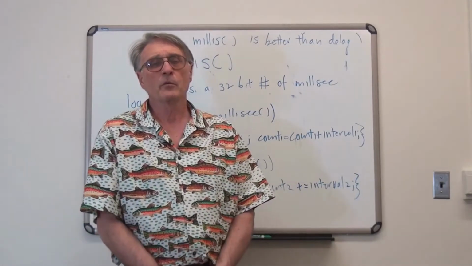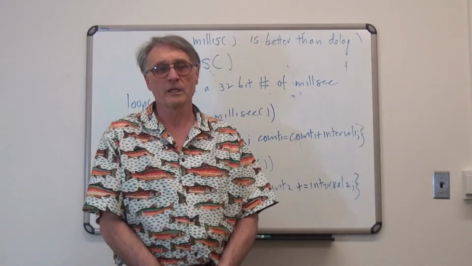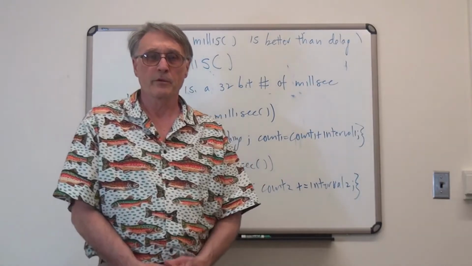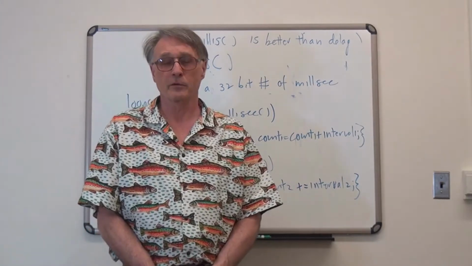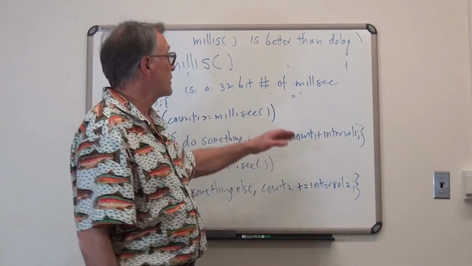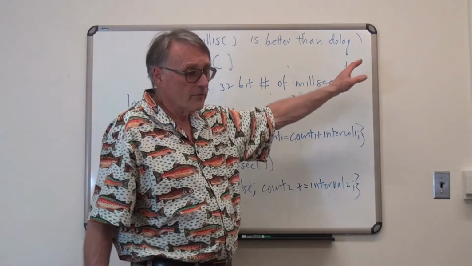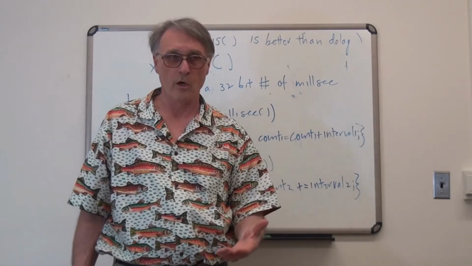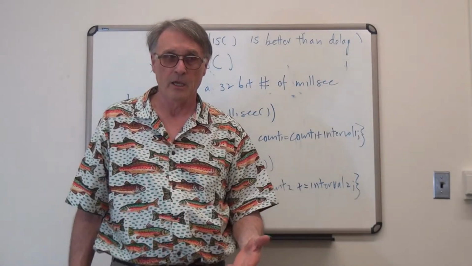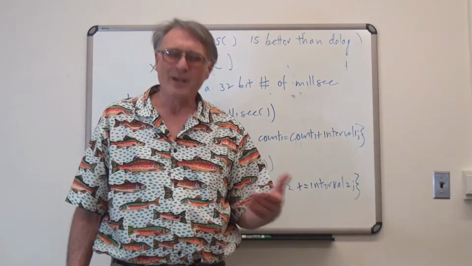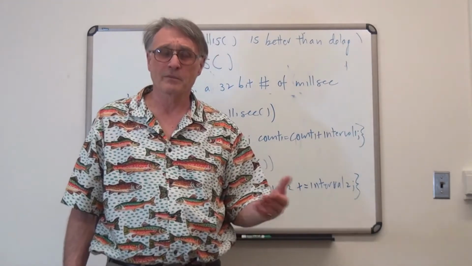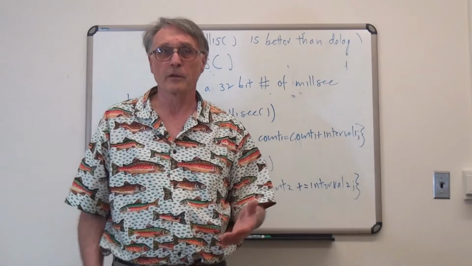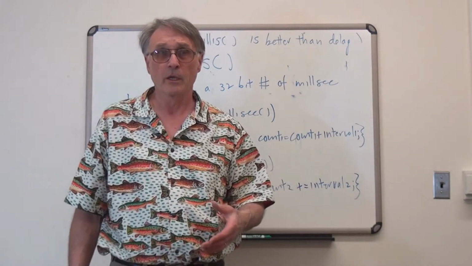I'd like to say a few words about why using the millis function is better than using the delay function on the Arduino. The delay function stops the CPU for a certain number of milliseconds. It doesn't quite stop it. Interrupts are still running, some timers are still running, but nothing else in your code can run until the delay